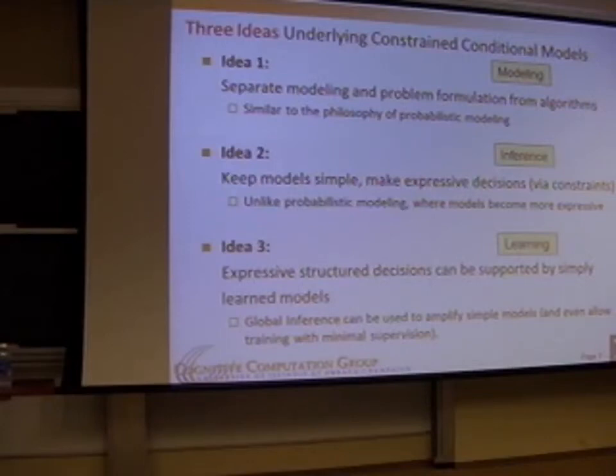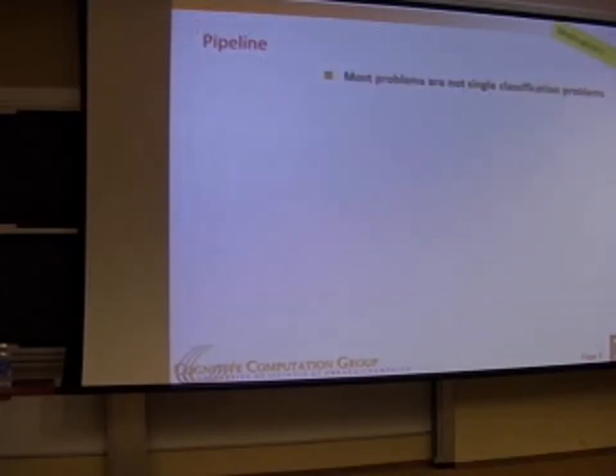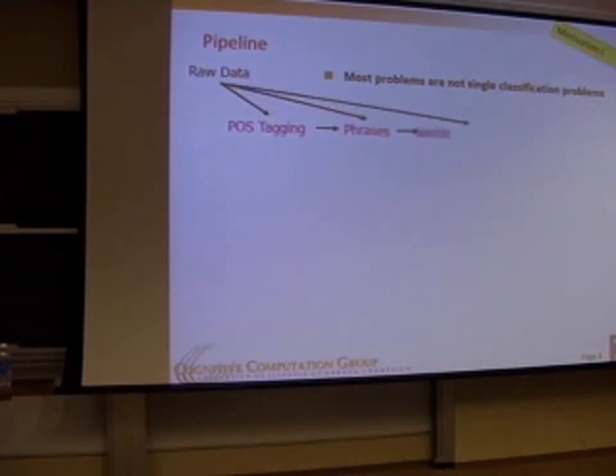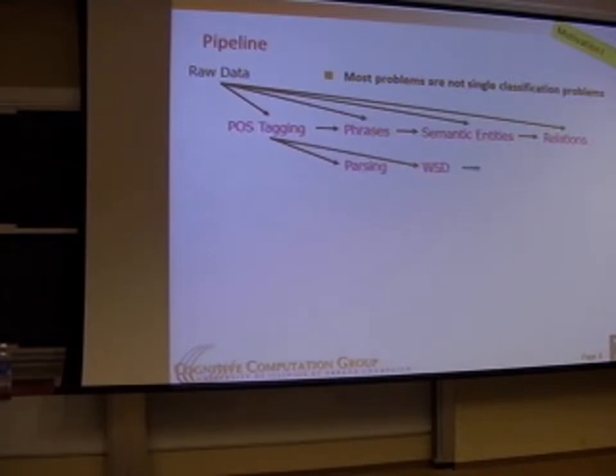So these three ideas are what I want to accomplish, and let me start by giving a very simple motivation. A lot of the problems that we deal with in NLP, we think about them as pipeline problems. So they are not single classification problems, and we chain several models. There are several pipelines that we consider. One could be to start with part of speech tagging, move to identifying phrases, then entities, and then relations between them. And you can invent some other pipelines, and all of us are familiar with this.